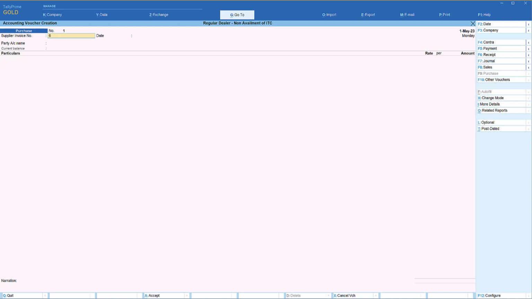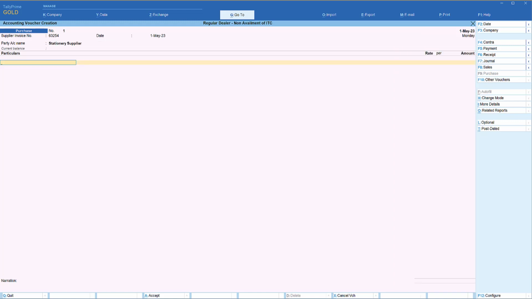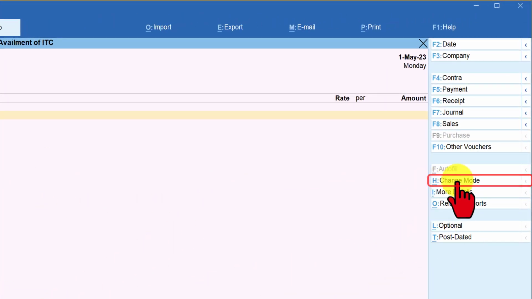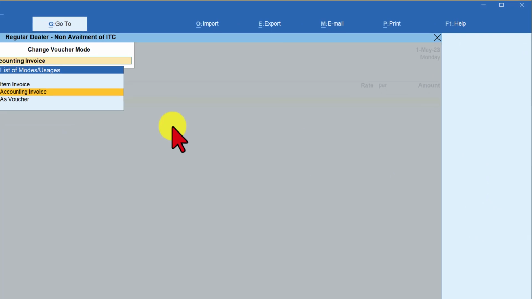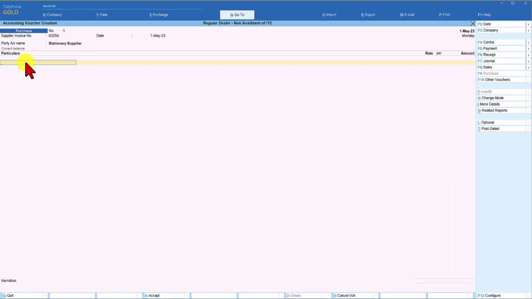Supplier invoice number, I'm going to take some random number, enter. The party name, I'm going to select stationery supplier, enter. And now let's say we are going to buy stationery items of all three different rates. First, in case you have the purchase invoice in the form of an item invoice, then you have to come to the right hand side button bar, click on change mode and select accounting invoice, enter. This way we can directly select the